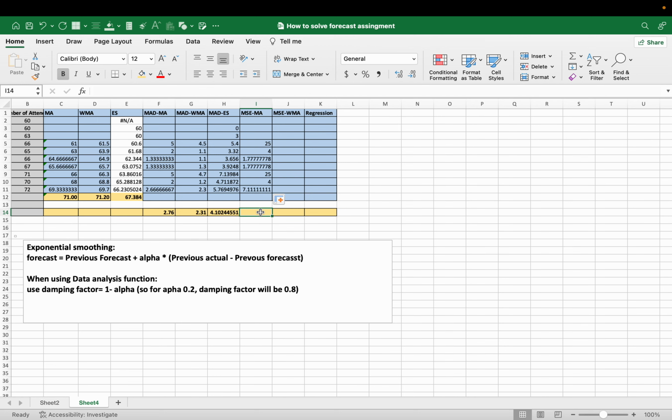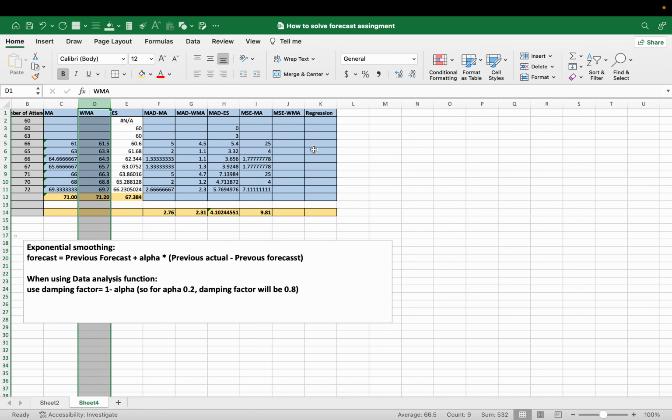And if I take average, so this gives us about 9.81. Okay, and now let's proceed to MSE using weighted moving average, which means I want to compare my actual forecast